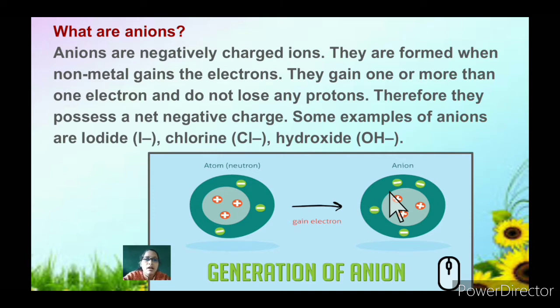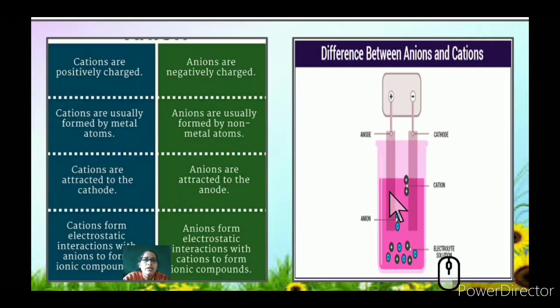Examples are iodide, I minus. So wherever a negative charge comes, or when you think of halogens and salts, you should add a minus to the symbol. That is how chemical formulas and symbols are written. Wherever a metal comes, you should add a plus to the symbol against it. Next we will understand the difference between cations and anions.